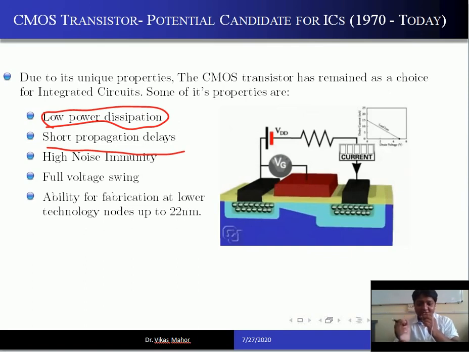Fine, as compared to other devices like BJT and all. So it is having short propagation delays, that means it is faster. Fine. Third thing is high noise immunity. Although we'll understand more about the noise immunity, what is noise immunity, but let me tell you